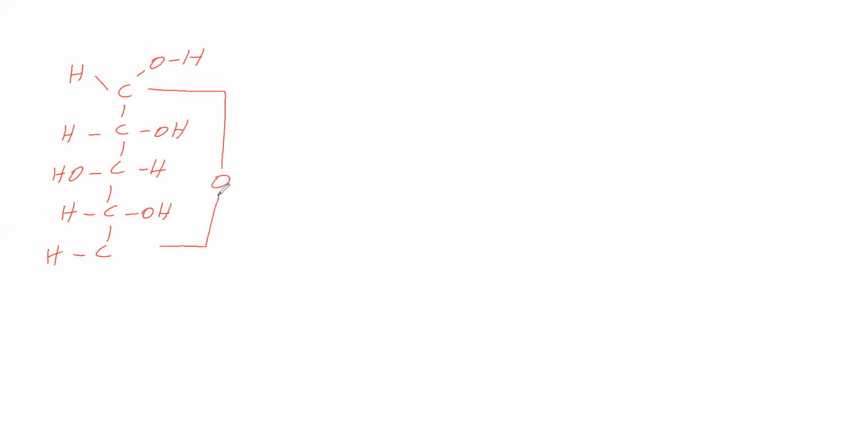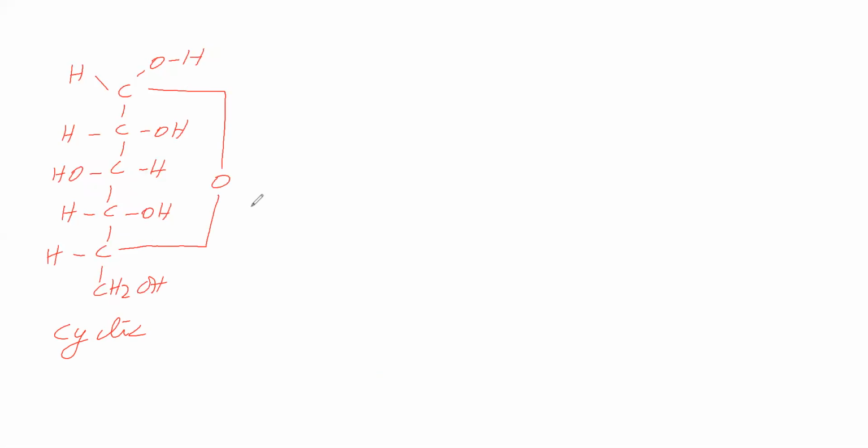Now we will take this form. HCOH, this is the second carbon. It is the third carbon, the fourth carbon, the fifth carbon, with the ether linkage here. This is the sixth carbon. It is the cyclic structure. In the cyclic structure, the free aldehyde group is not there. The aldehyde group is in hemiacetal form here.